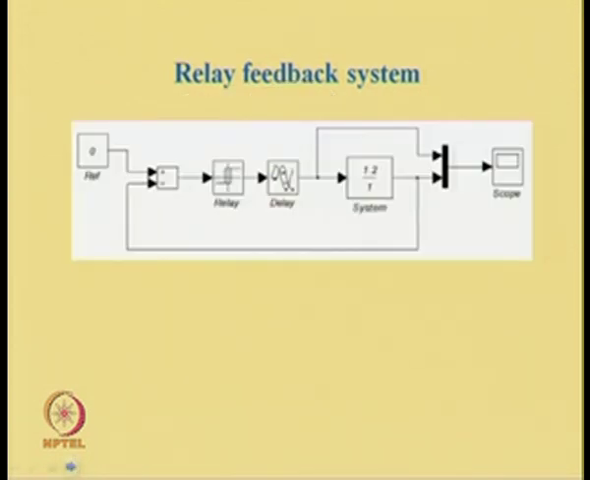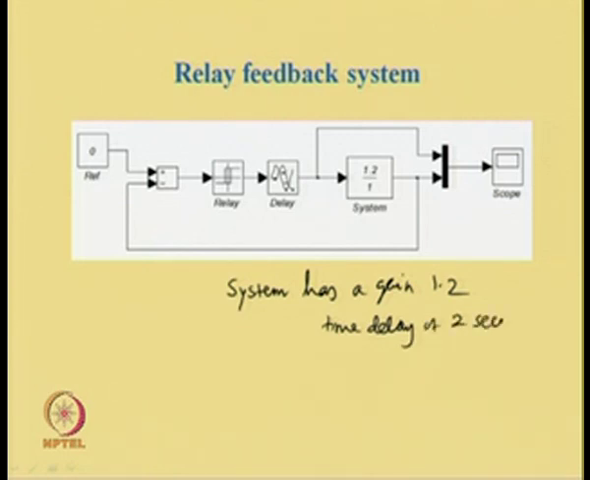So, a typical system has been considered, where the system has a gain of magnitude 1.2 and time delay of magnitude 2 seconds, and the relay setting is done at plus minus 1. So, we consider a symmetrical relay with magnitudes